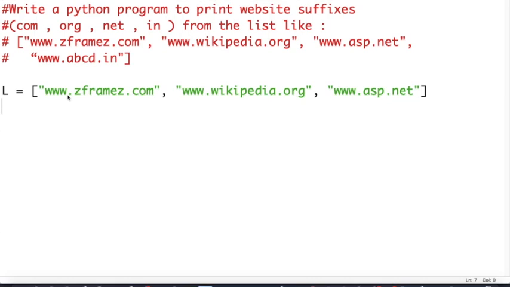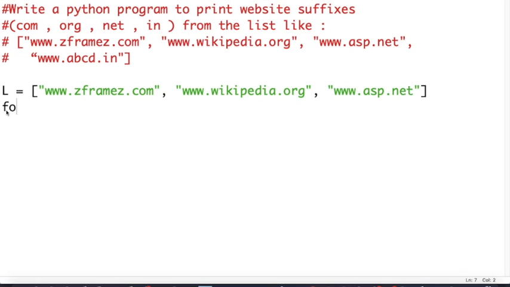Each website name has 3 components, or it may be more than that, but the components are separated with a separator symbol, dot. So we have to take care of this symbol. Based on this symbol, we will split this particular website name using a split function over the dot, so that we get 3 components, the first part, the middle part, and the third part, right? And we will just extract the third part from that list and collect it. So this is the simple logic we have to take care of.